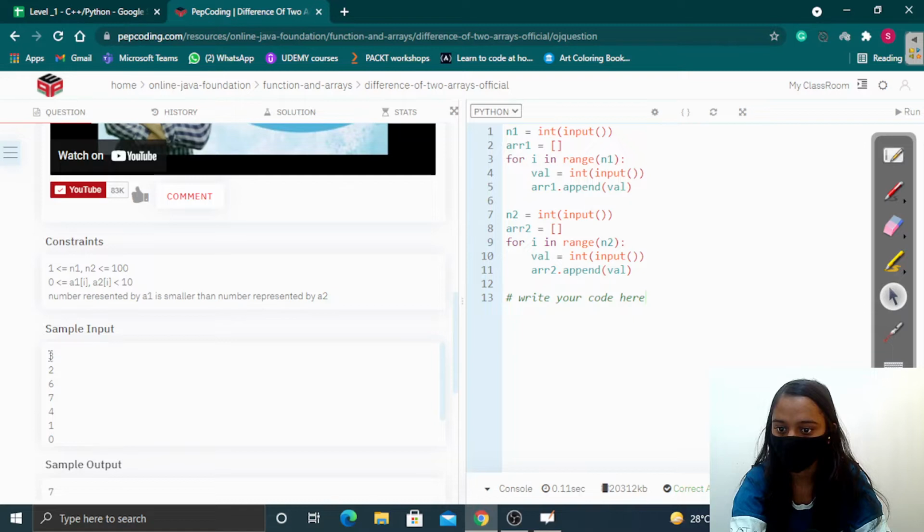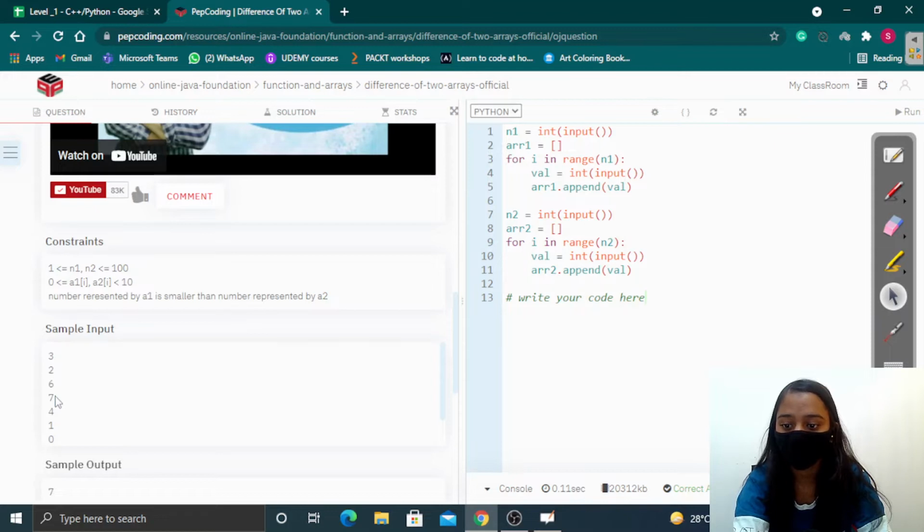Here the value of n1 is 3, so the first array is of size 3. The first array consists of elements 2, 6 and 7. These arrays are basically representing two numbers. The A1 array is representing the first number and the A2 array is representing the second number.